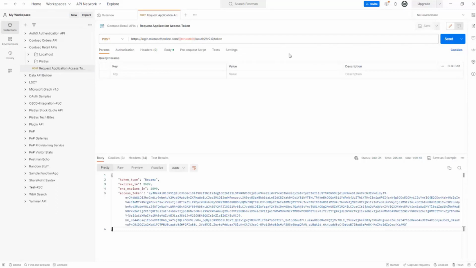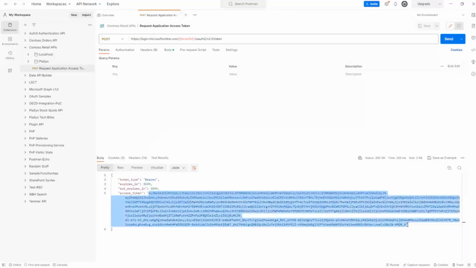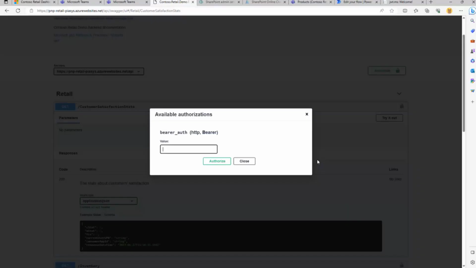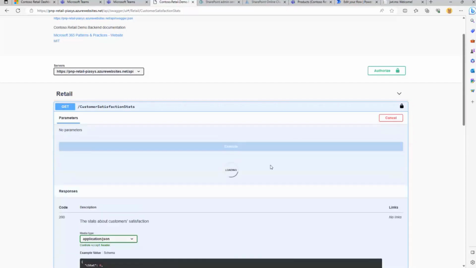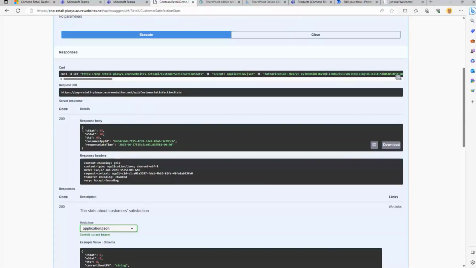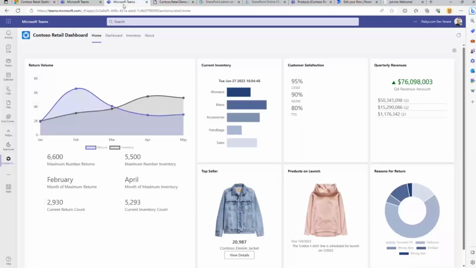Here I have in Postman a pre-configured request for a token, which I'm going to use to make an actual request to my API to give you an idea of what's going on. So let me save the token. Now you see the lock is closed, and I can try out my API and execute a call and get back the statistics about the customer satisfaction, which is exactly what we see, for example, here in this widget of the personal app.